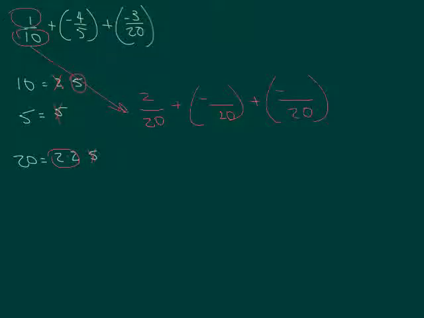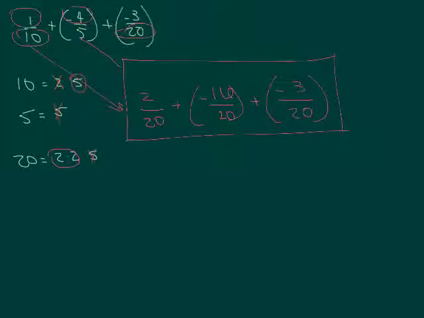And how did we go from a 5 to a 20? Well, we multiplied 5 times 4, so therefore we have to multiply 4 times 4. In here we have a 20 and we have a 20 there, so nothing changed. So that means the number on the top does not change here. Okay, so now there we have in red our problem with common denominators, and we can just